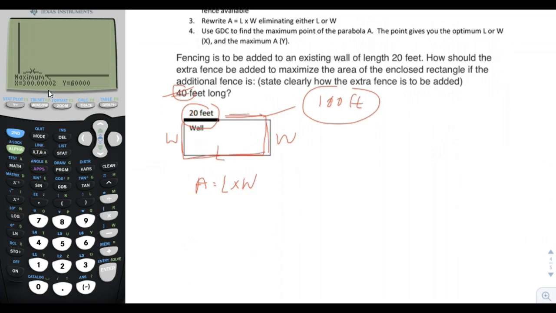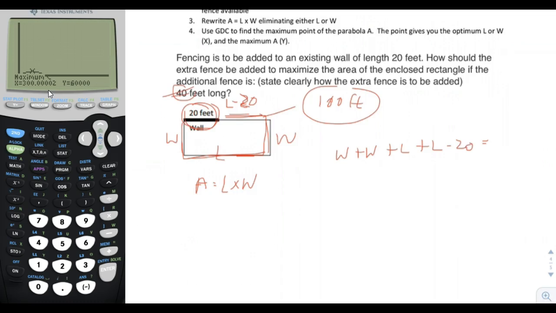But what's this? This isn't L. It's actually smaller than L, right? It looks like it's L minus 20. Does that make sense? Like this is L, so this would be L minus 20 feet. Okay? So let's write that in the equation. We're going to have W plus L minus 20